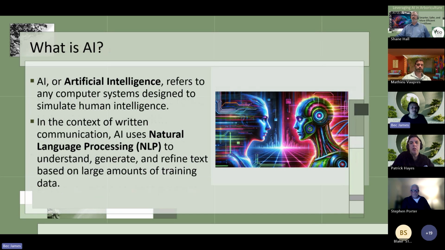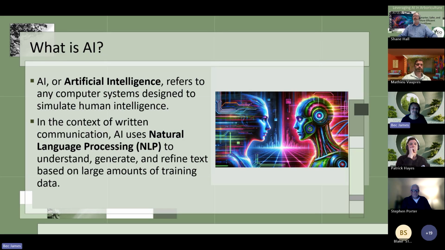So starting off with what is AI, it's an abbreviation for artificial intelligence and essentially is referring to any computing system that's designed to simulate human intelligence. Now, the interesting thing is there has been a really big uptick of AI programs, but for those of you out there that have been using Excel for possibly decades, Excel is probably one of the most commonly recognised types of AI. So many of you have probably been using it for a while.